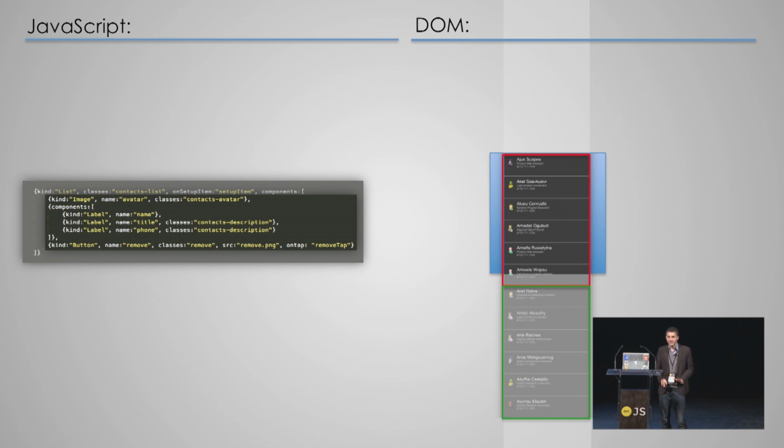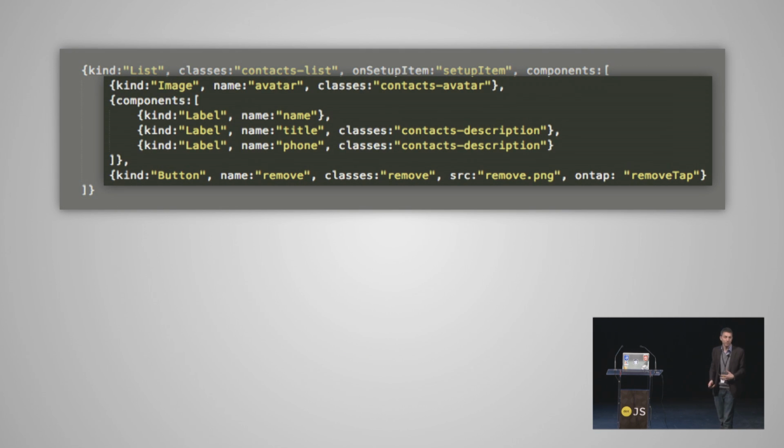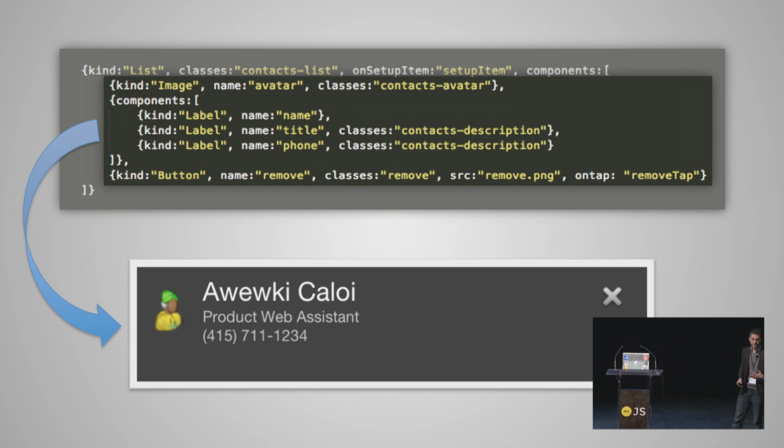And the real beauty here is that because we've encapsulated all this really difficult functionality inside of a list component, for the user to use a list, it's just as simple as adding a one-line list item to their app, and then providing that list the components that will form each of the rows. And the real key here is that because we're using a component model, we can hand the list any component that we want, even that contact detail view that we just created. That's a custom view that we can hand to the list and ask the list to render.